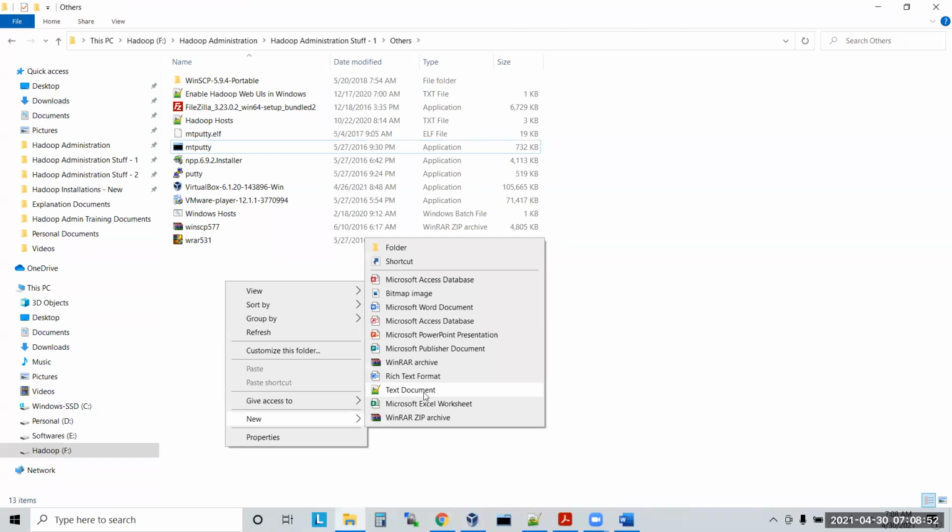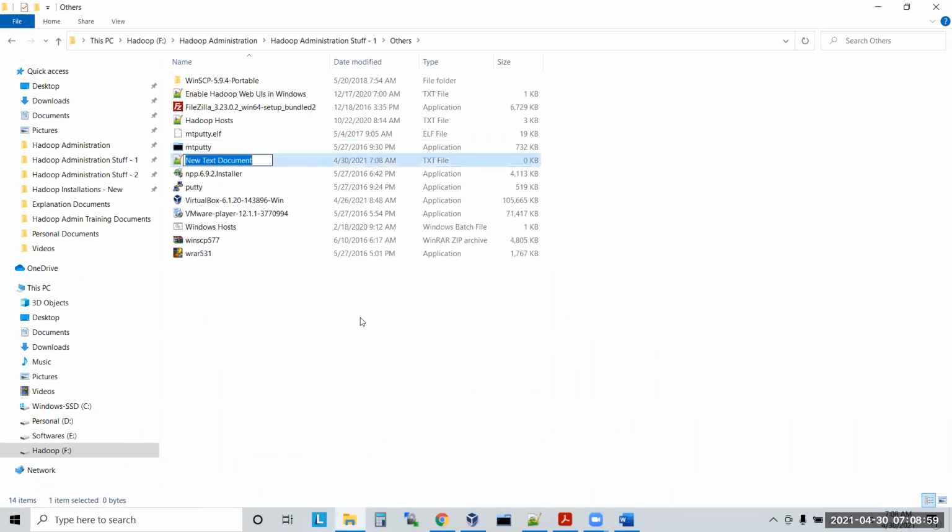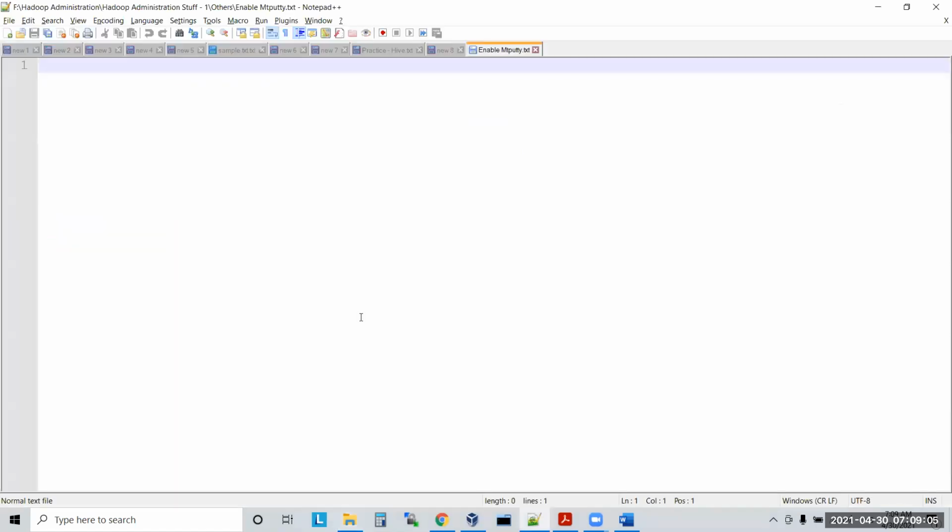Enable multi-tab putty. So first thing, download the multi-tab putty exe from the below link.